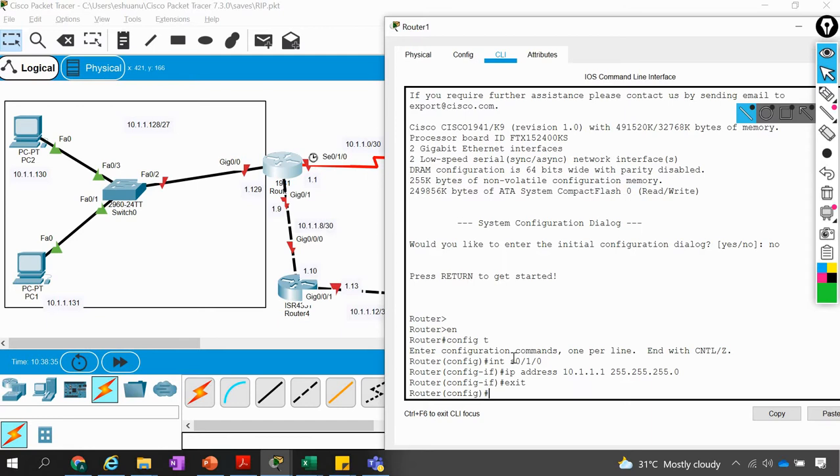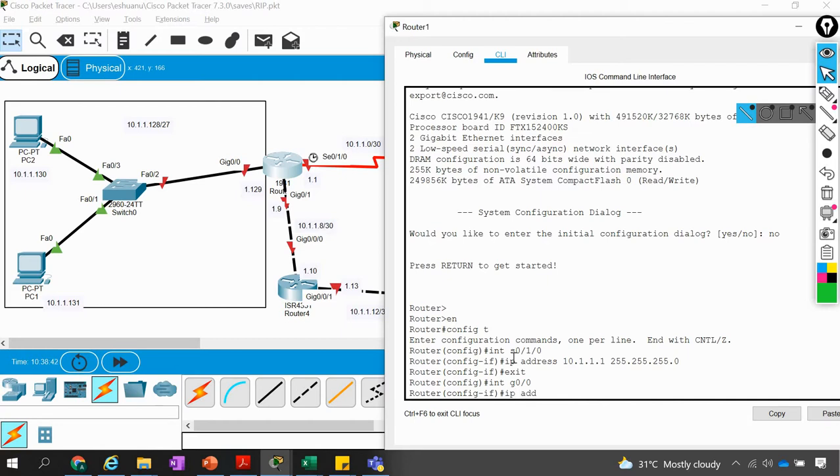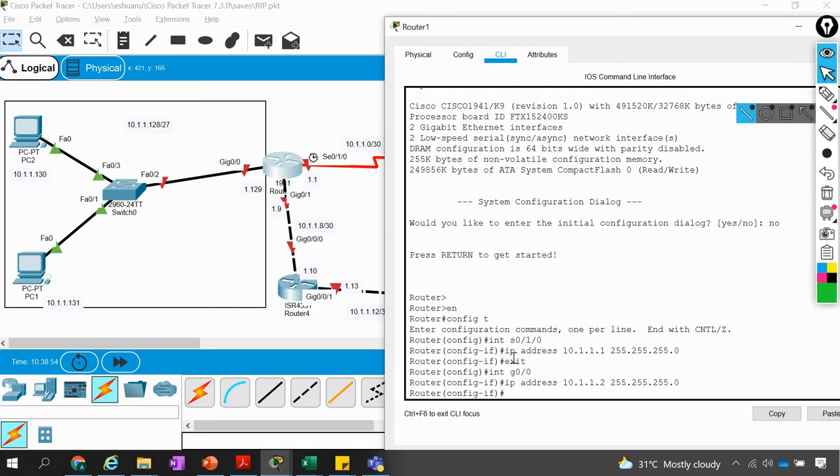Now interface G0/0, and the IP address I'm using is the next one, 10.1.1.2, and the main thing is the subnet mask. I'm giving the same /24 mask, because then it will show you the error. Oh, it does not.